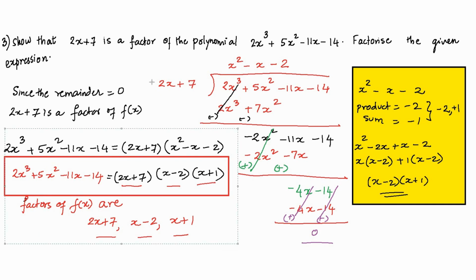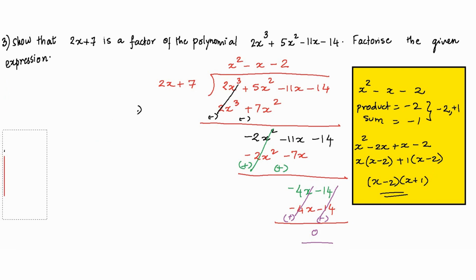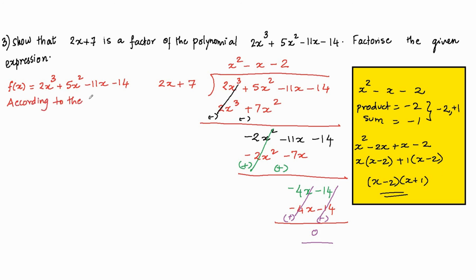So let us assume that the polynomial now is f of x is equal to 2x cubed plus 5x squared negative 11x negative 14. Okay, this is the polynomial. And then according to the remainder theorem,